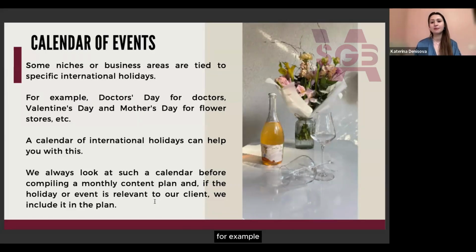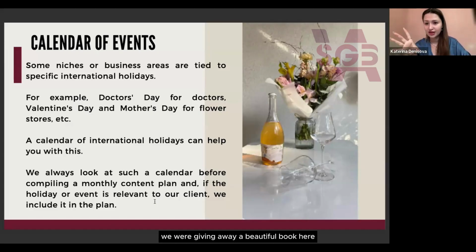For example, here you can see the photo with a beautiful bouquet, and exactly here it's a collaboration of a coffee shop with a flower shop. We decided to make a giveaway of a perfect Valentine's Day for our visitors. We were giving away a beautiful bouquet and a holiday dinner in our coffee shop.